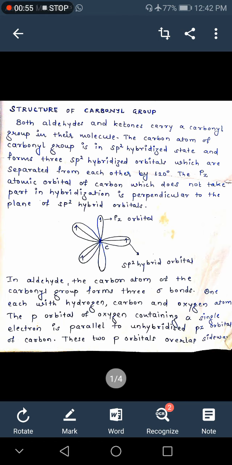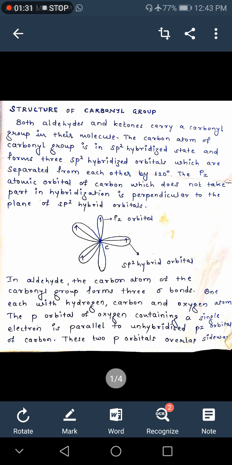So here, as in previous classes I told you, in case of hybridization, whenever a carbon atom possesses one double bond, it always undergoes sp2 hybridization, and following the same rule we can see here, as carbon is doubly bonded with oxygen, carbon undergoes sp2 hybridization. In the same manner, oxygen also undergoes sp2 hybridization. So first we discuss the sp2 hybridization of carbon present in the carbonyl group.